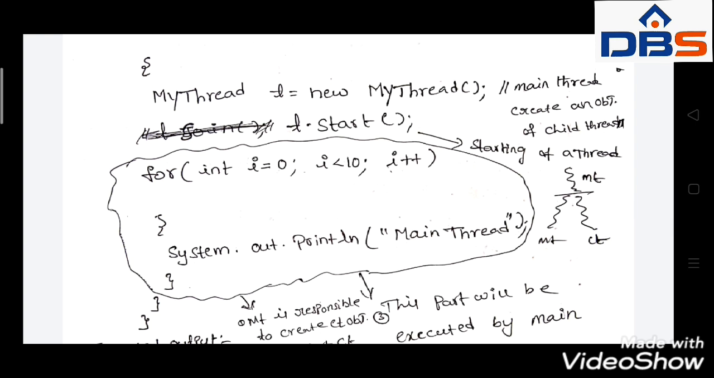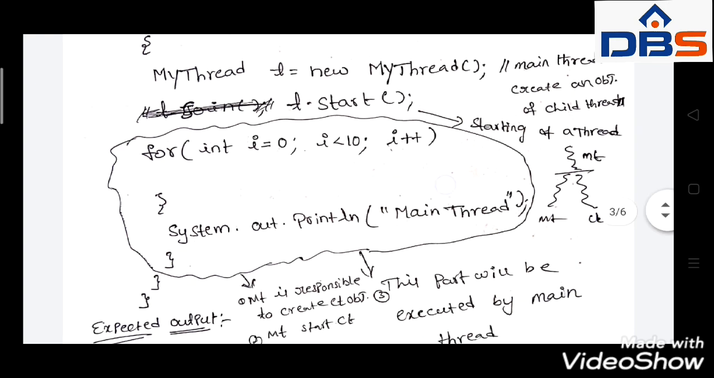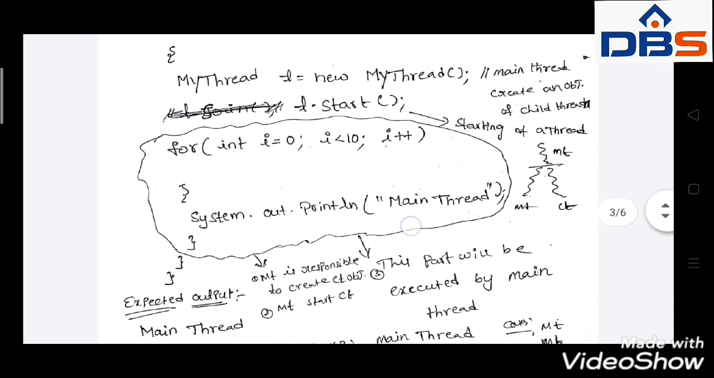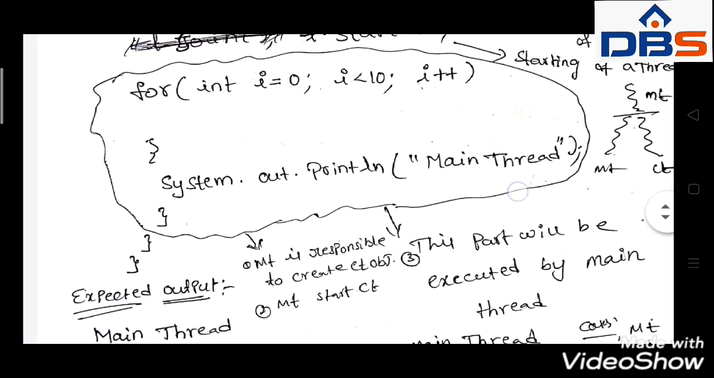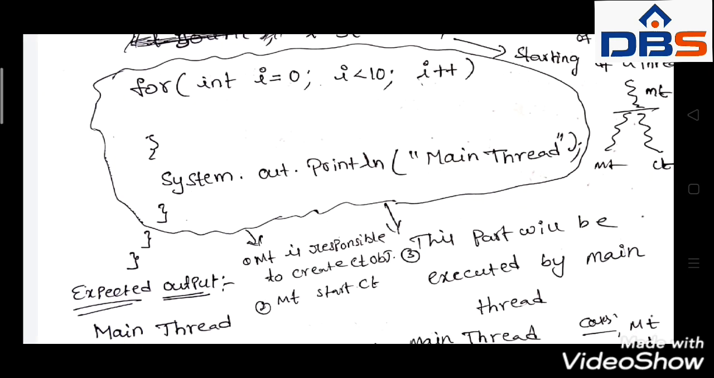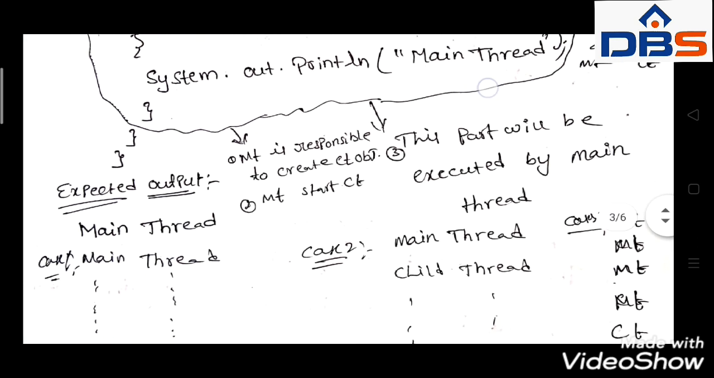So come to this portion: for int i = 0; i < 10; i++. Then we can print a statement, that is System.out.println("main thread"). What I want to print? That is main thread. So here we need to remember this point. This portion here is entirely called as